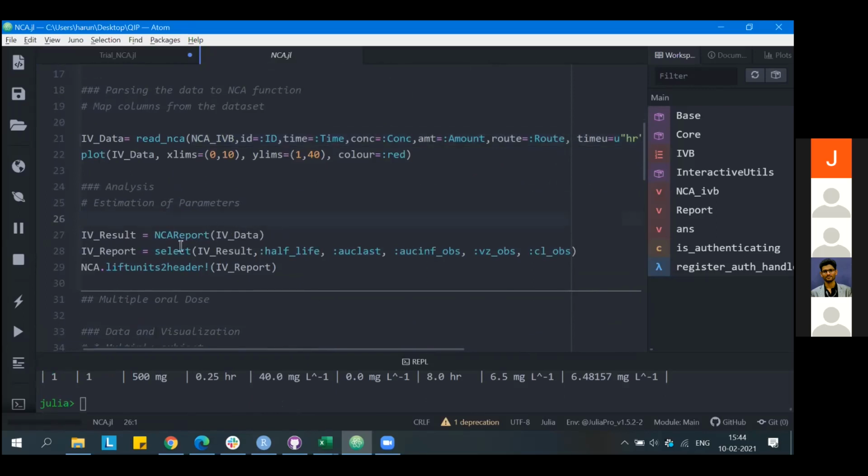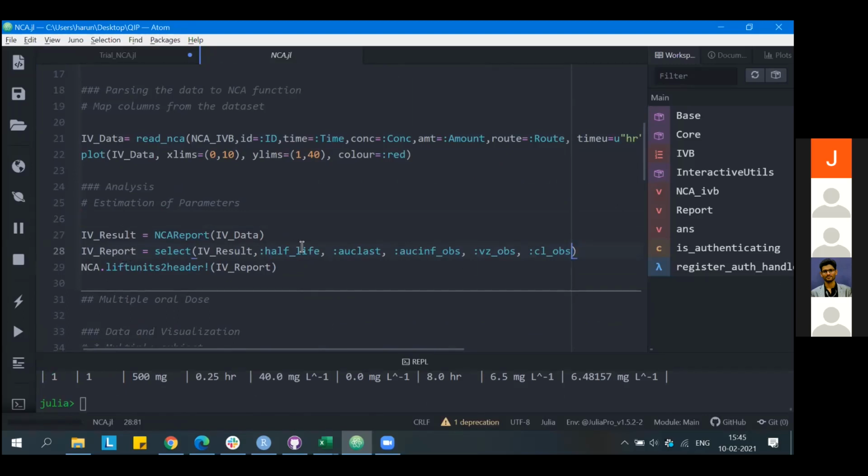This is a similar thing where we have performed the analysis, and then I have selected only a few parameters like half-life, AUC last, AUC infinity, volume of distribution, and clearance. I need only these parameters for my final result.